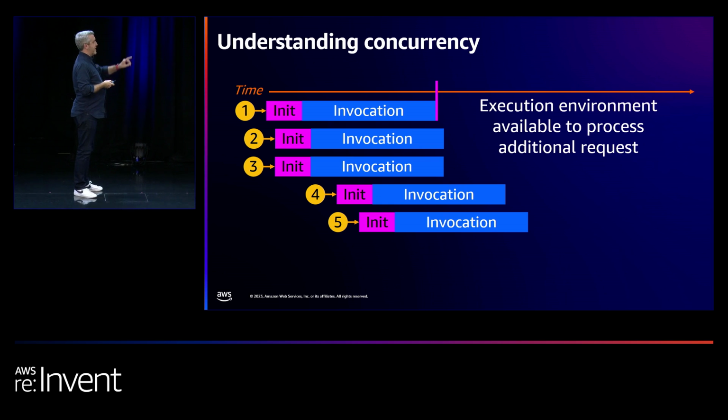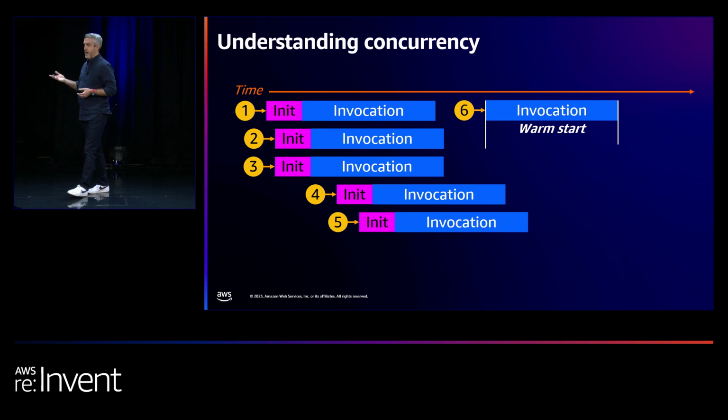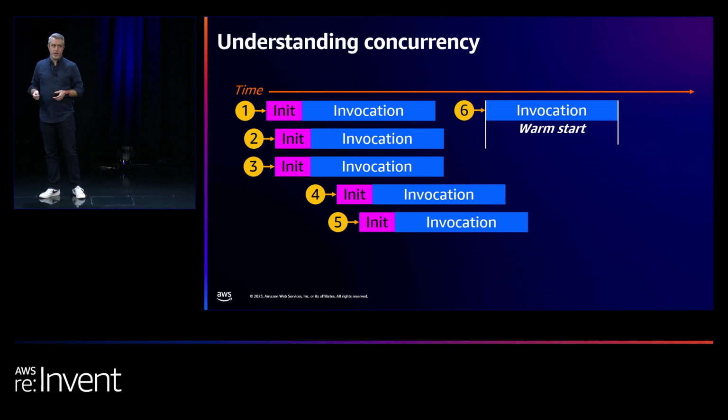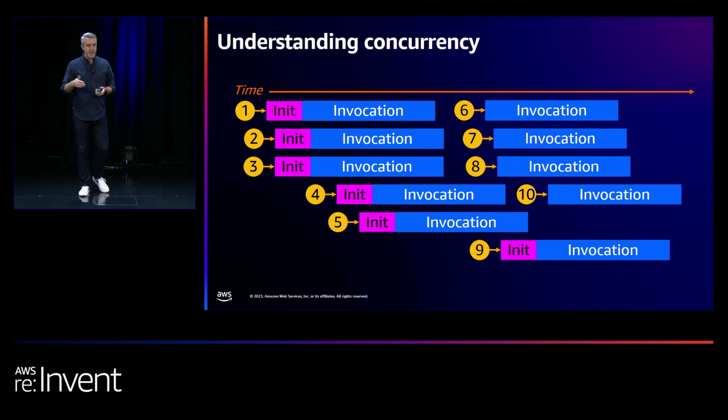However, I can see here that at some point, my first environment becomes free. And so another invoke comes in, and the Lambda service behind the scenes is able to say, aha, I have an environment that's already warmed and up and running. I'm going to pass the event to that. And so essentially here now, depending on where you're looking on this timeline, we have 3 concurrency, 4 concurrency, and so on. And so eventually, as more of these events come in, the service says, I have warmed